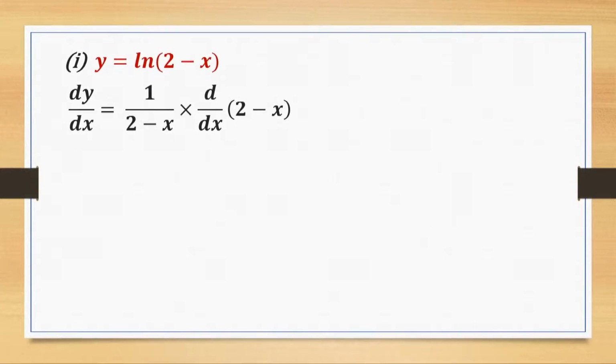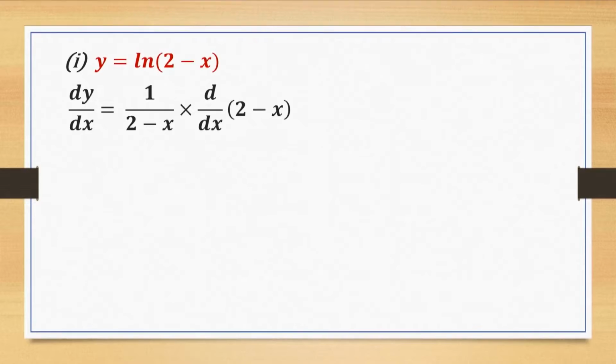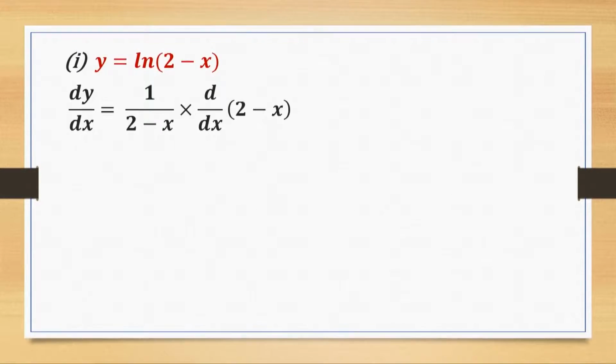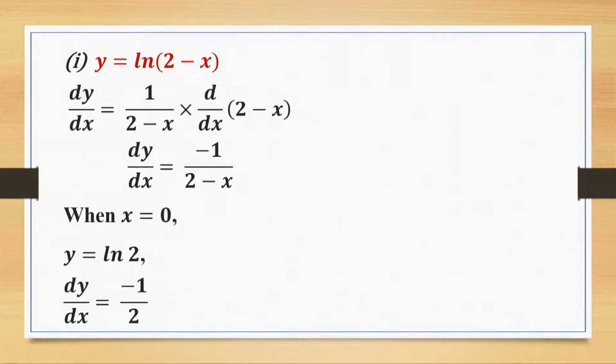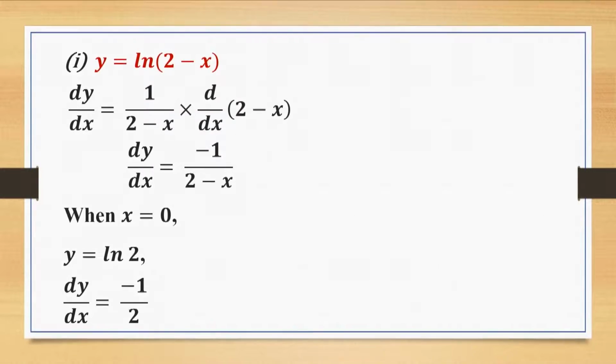Now I need to find dy by dx. So dy by dx will be equal to 1 over the function times the derivative of the bracket, which is minus 1. Dy by dx will therefore be equal to minus 1 over 2 minus x. When x equal to 0 now, y will be equal to ln 2 and dy by dx will be equal to minus half. To find the equation of the tangent, as you have learned in the previous lesson,